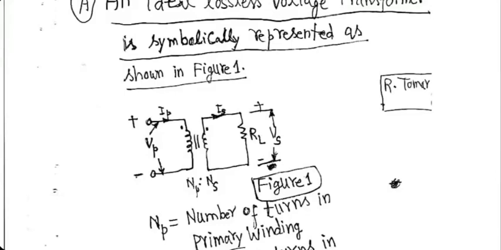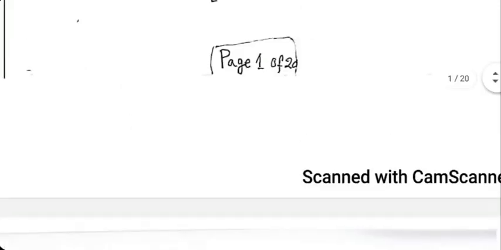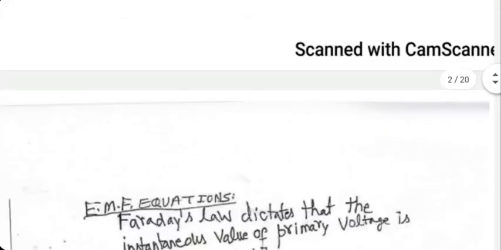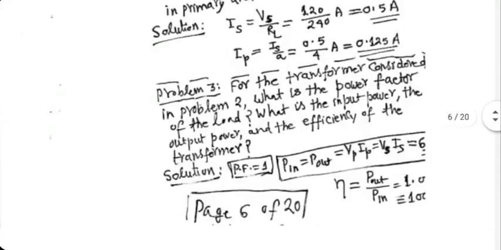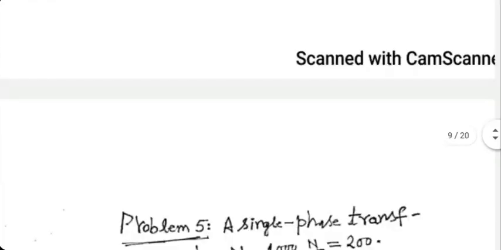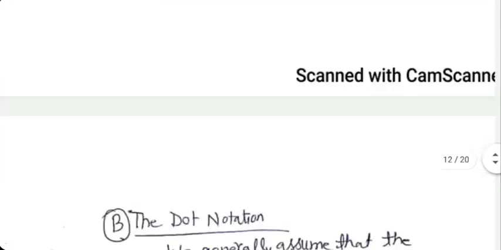Same thing for the secondary winding. I'll put one R_S, one L_S. In the primary, one R_P and one L_P. That is for winding effect. For the core effect, what we do is we put a circuit in parallel with the primary, which approximately describes both eddy current and hysteresis losses.